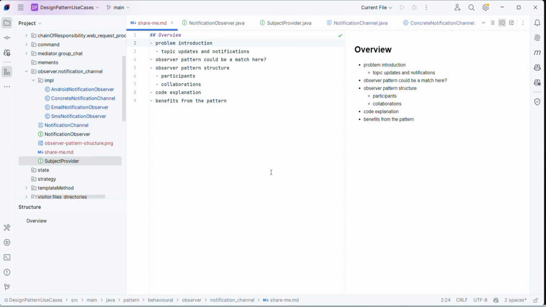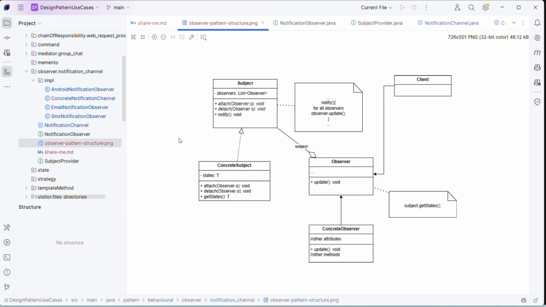Let's revise the pattern structure, and I have an image here, a very simple basic diagram. There are four participants: subject, observer, concrete subject, and concrete observer. Two are abstract, and two are implementations of those, as you know. And there are certain methods. We know the subject